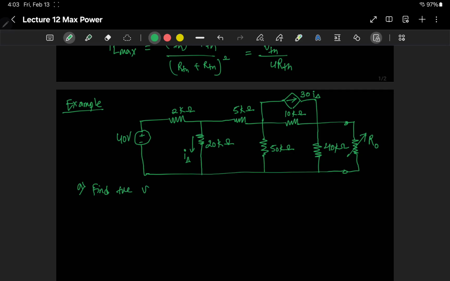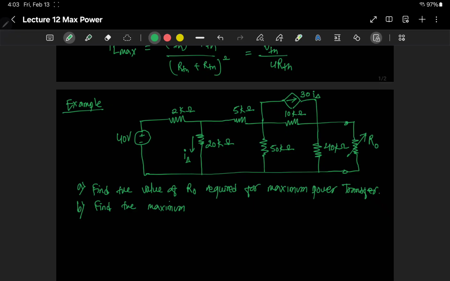So find the value of R naught required for maximum power transfer. That is question A, and question B is find the maximum power. So this should be pretty straightforward because we have already dealt with this kind of circuits, and we know